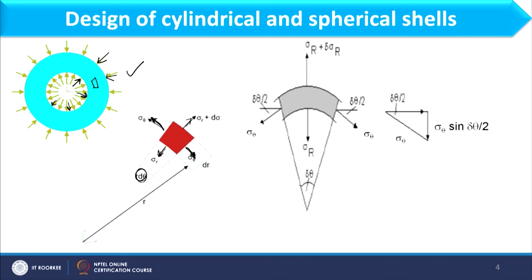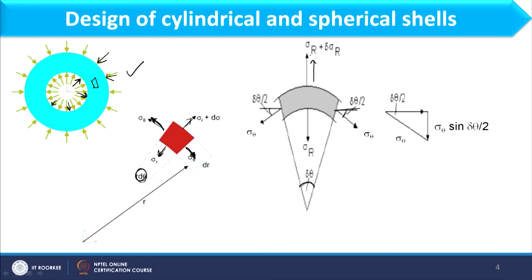Okay. And this image we have reproduced over here for better understanding, where sigma r plus d sigma r and all parameters are shown, and here we have the angle del theta, and please consider d instead of del for derivation purposes. So, once I have this d theta, this hoop stress sigma theta is acting in this direction, and when I consider a straight line, this angle must be d theta by 2, and in a similar line the same angle is shown over here. Now, what happens when I make the force balance?